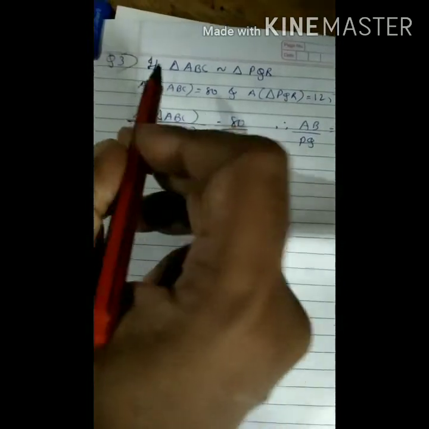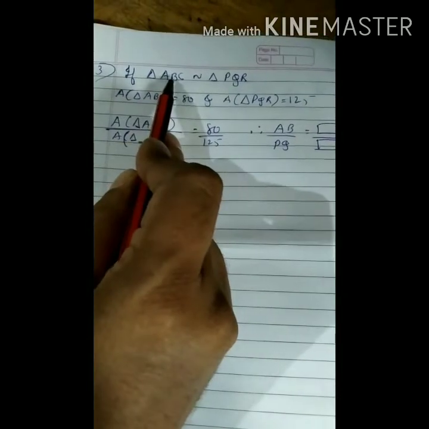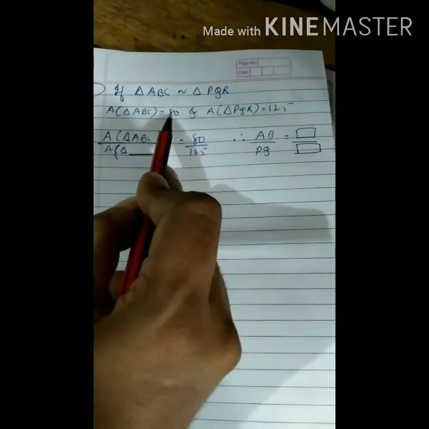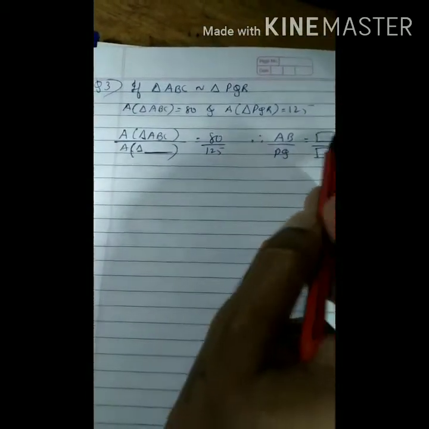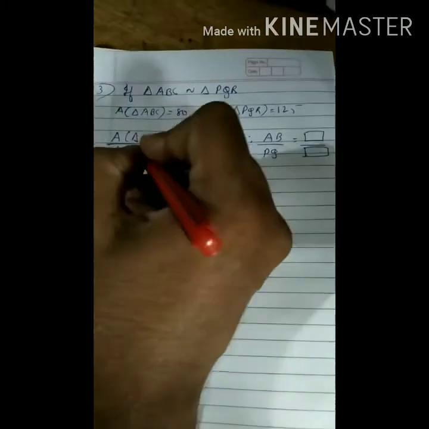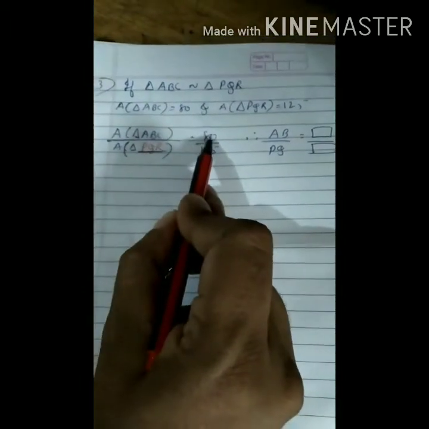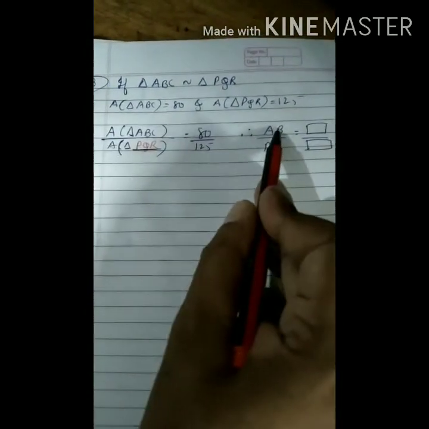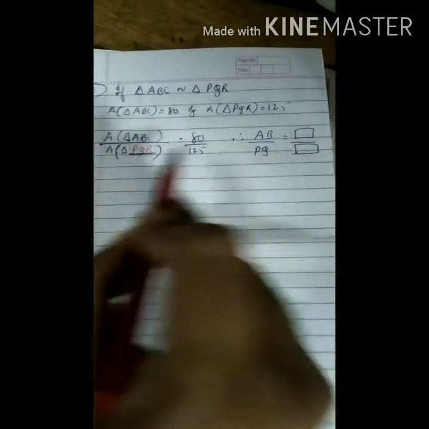Now students, question number 3 is an activity. I'll read the question for you. It is given that triangle ABC is similar to triangle PQR. If area of triangle ABC is 80 and area of triangle PQR is 125, you have to complete the activity or fill in the blanks. It's very easy. Now see, area of triangle ABC upon area of triangle PQR, area is given 80 of triangle ABC and PQR is given 125. Therefore AB upon PQ is equal to dash upon dash. To fill these blanks, you have to write the answer directly, but for that you have to do some working in a column.